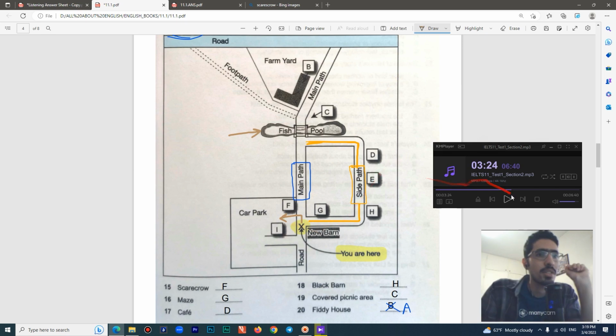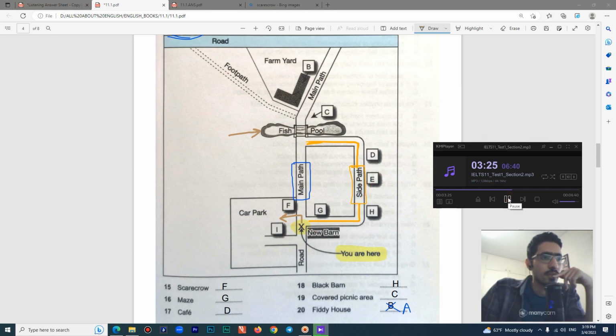The car park is on your left. The scarecrow you can see in the car park is